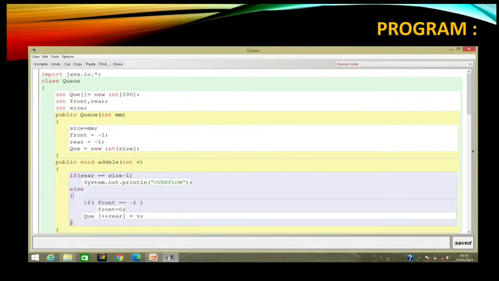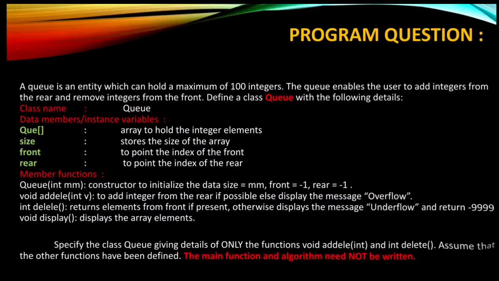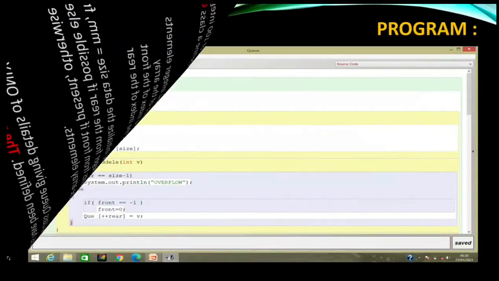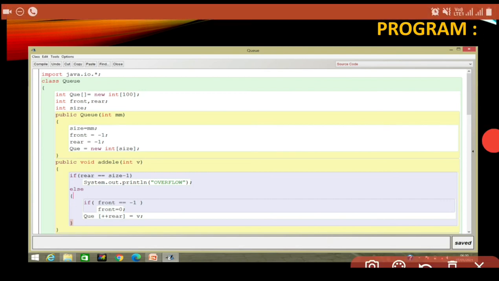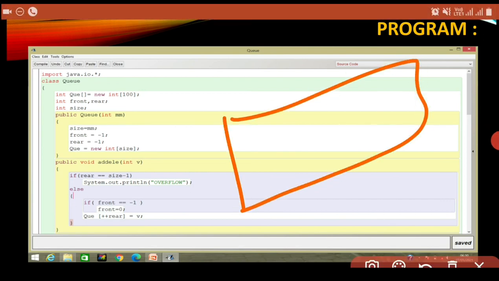See, if rear is size -1, we have to display overflow, because the question says if we already have a full queue, then display overflow condition. That's why we are displaying overflow condition. But I told you earlier also that if we are not having any element in the queue and both